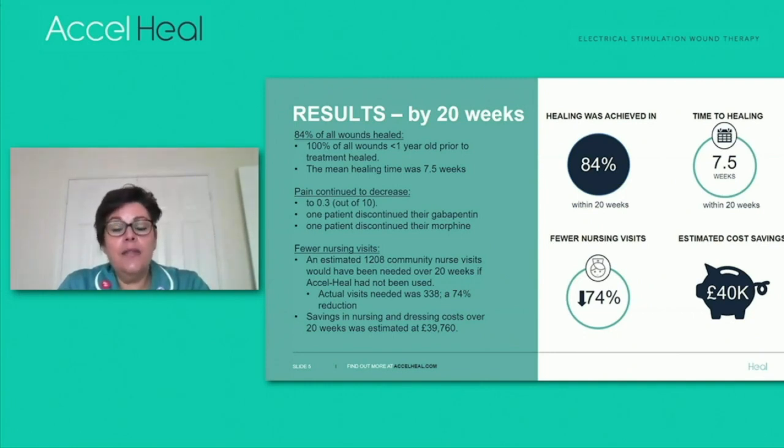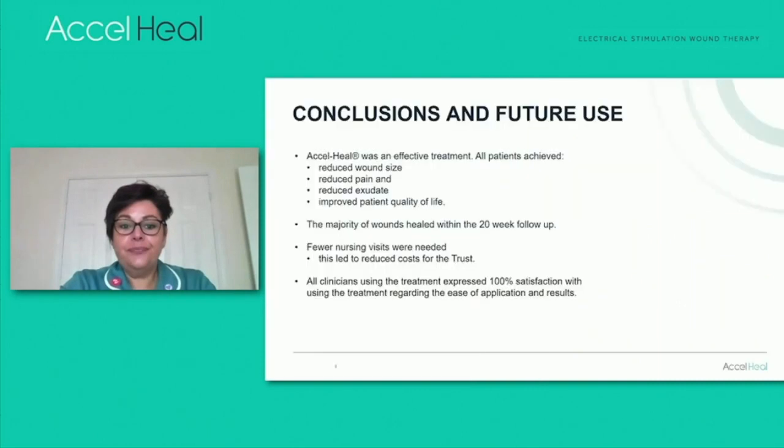Again, when you're looking at the figures, that's a massive impact on finances to the trust, and improvements to patients too, and the district nursing teams. So the savings in nursing and dressing costs over this 20 weeks was estimated at being close on £40,000, £39,760, which is significant. So to conclude with the evaluation that we did, we found it was an effective